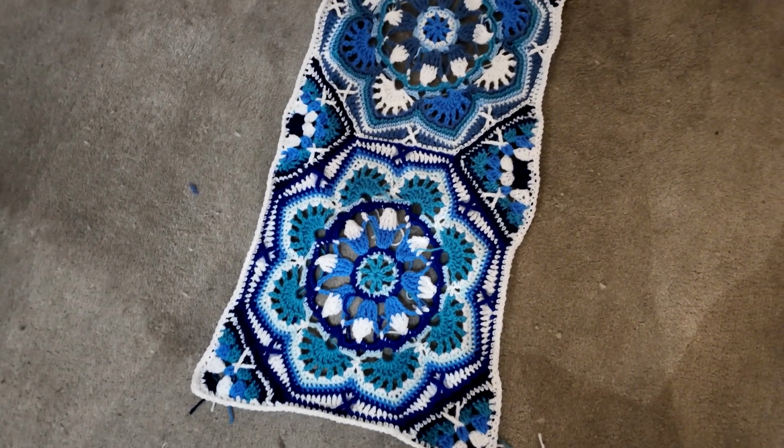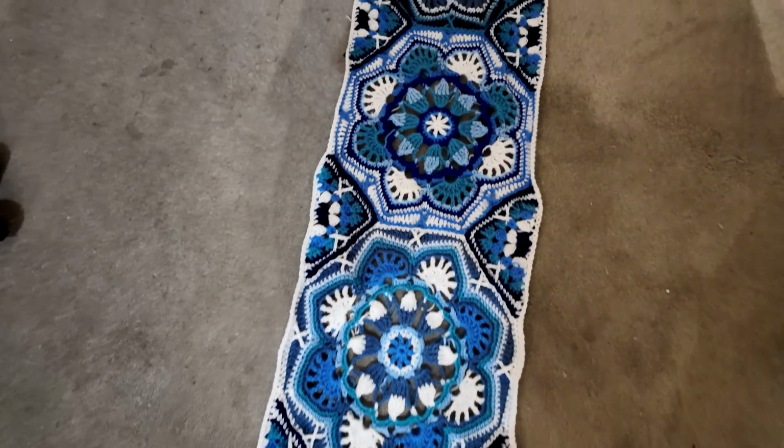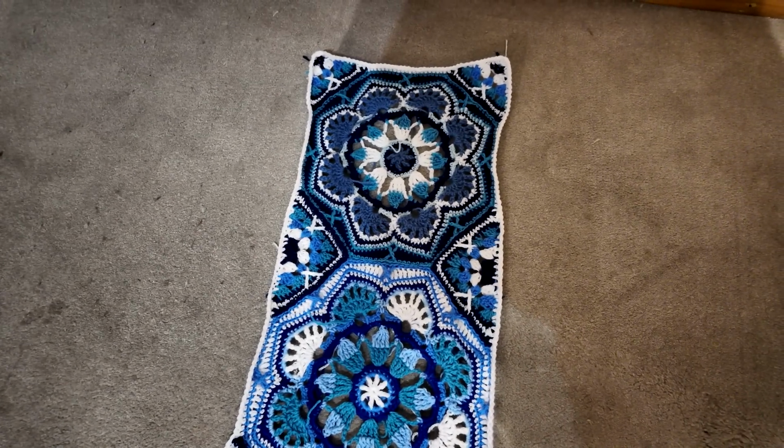Oh, right, I have finally, there's a bit of fluff on my carpet. Finally, I've done all the Persian tiles bit. This has taken like 2 hours, I think, to...